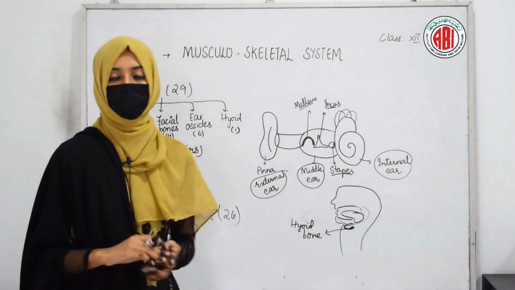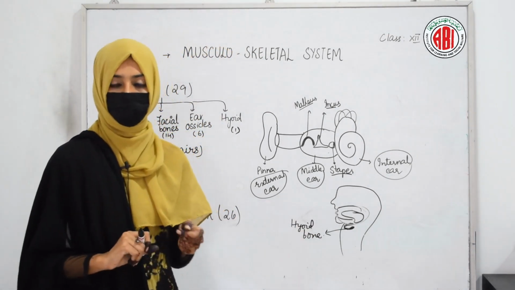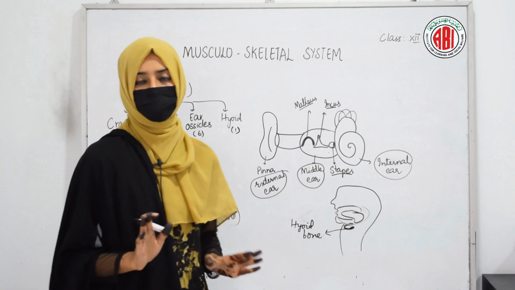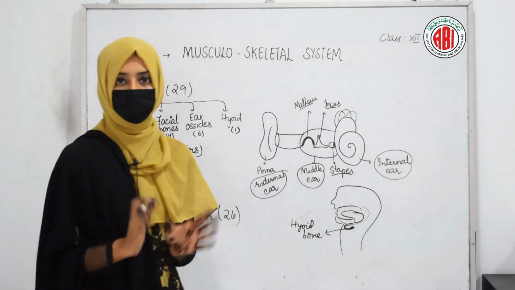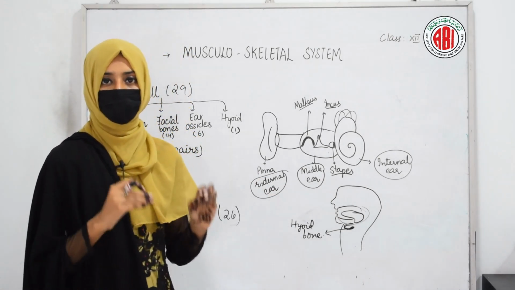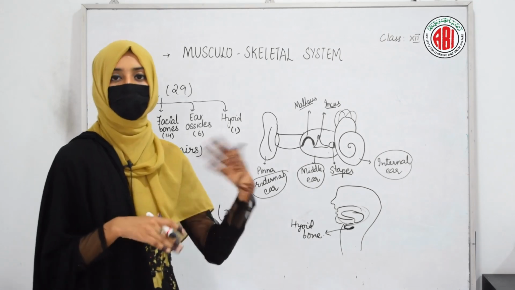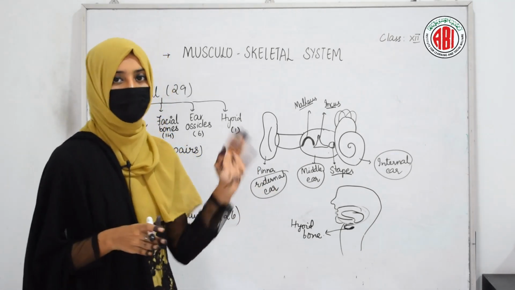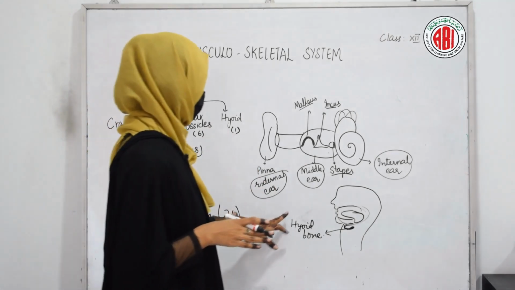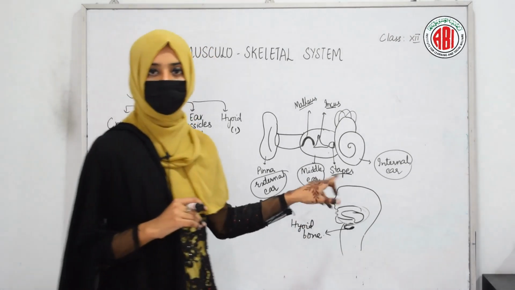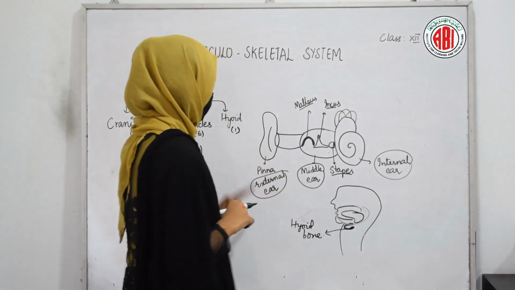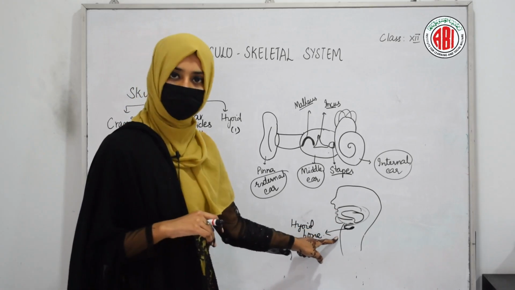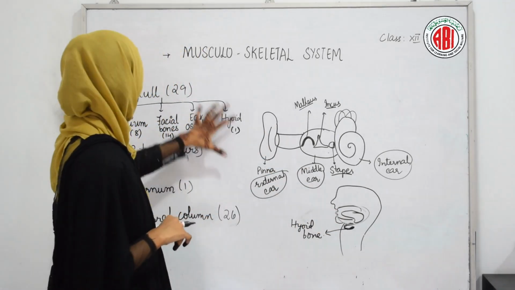Okay, so the special feature of this hyoid bone is it doesn't attach to any other bone. It is present without any attachment with the other bones. It doesn't show any attachment. This is the special feature of this hyoid bone, and it is only 1 in number, present below the buccal cavity. So in this way we have done with